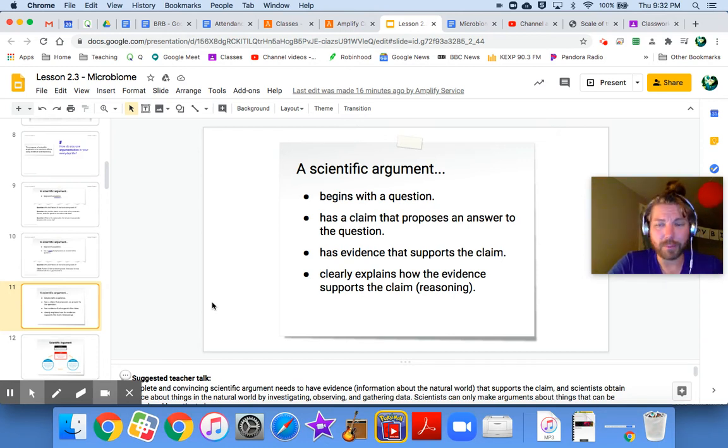We need evidence and we need reasoning. A lot of people will just throw the evidence in there and they won't use reasoning at all. Reasoning tells us why your evidence actually matters, why your evidence backs up a claim. So if we were to say, okay, patient 23 felt sick during week 3 because patient 23 showed higher than normal numbers of C. jejuni bacteria.